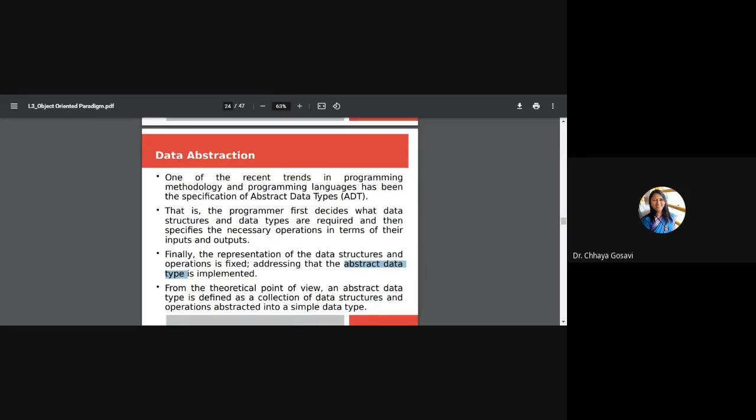From a theoretical point of view, an abstract type is defined as a collection of data structures and operations abstracted into a simple data type. Data type means the inbuilt data types that you are using, like integer, character, float. In this case, you can define your own data type, like complex number or student or employee or bank, and I can perform operations similar to inbuilt data types.